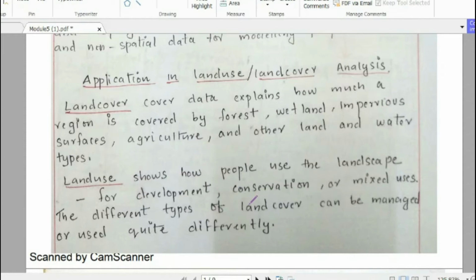Now, what do you mean by land use? It is how the land is used by human activities. For example, in construction activities, we are using the land surface and covering the land exposure with the construction of buildings, and we are covering the Earth's surface with road construction, etc. These are examples of various human-made features which cover the Earth's surface. This can be categorized as land use.